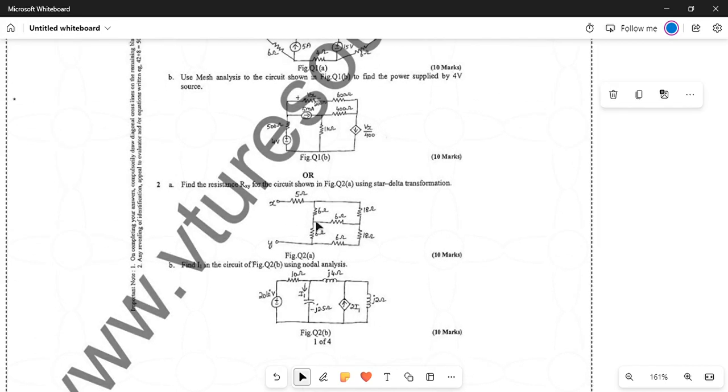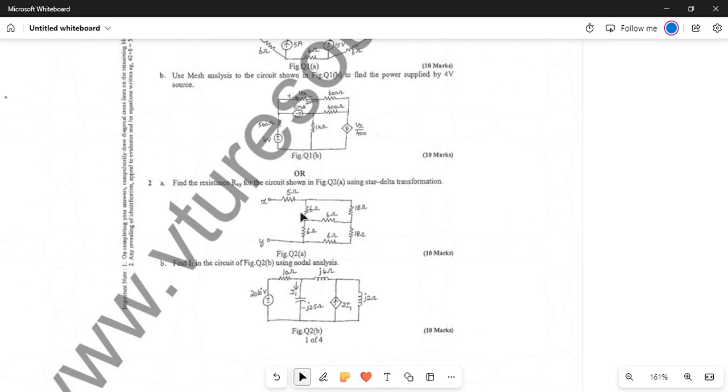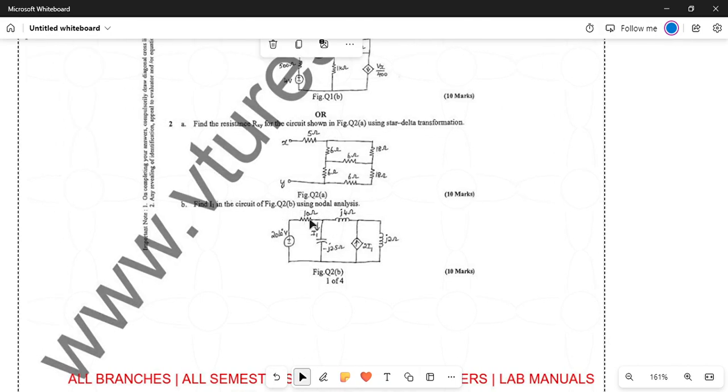So here there are two questions on nodal analysis, one and two. Let me see. Yeah, you have got one question. Okay. This is the question we are now solving using nodal analysis. So find I1 in the circuit of figure Q2B using nodal analysis. So this is your I1. So I1 is